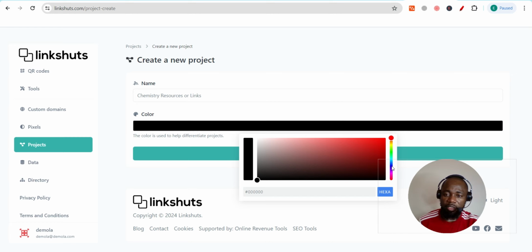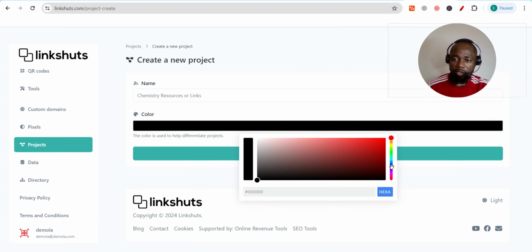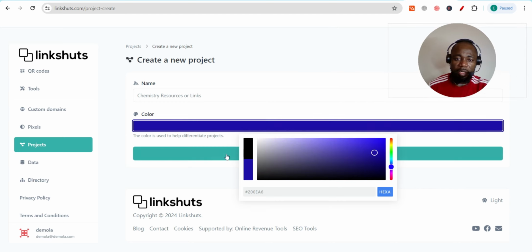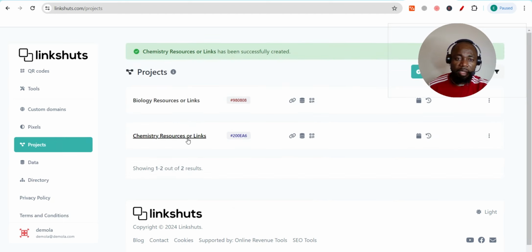In this case, let's click on blue and then click on create. So we have biology resources linked with maroon color, chemistry resources linked with blue, and again